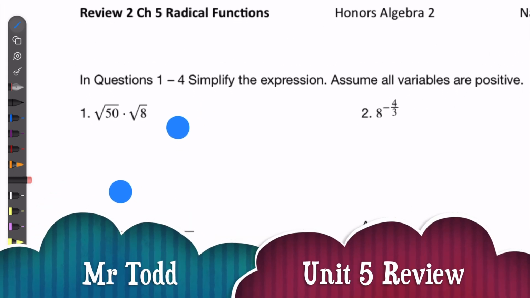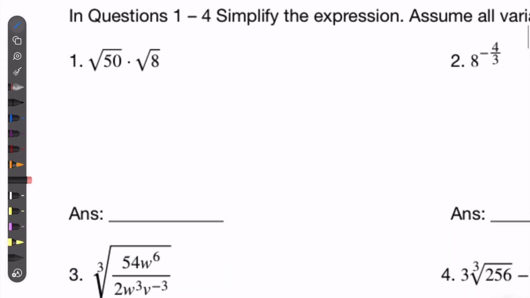Here's our review guide. This should help for the test. The test isn't any harder than this. Here's the rule we're testing on this one, how to multiply radicals. And the rule is they have to have the same index. So they have to be both square roots or